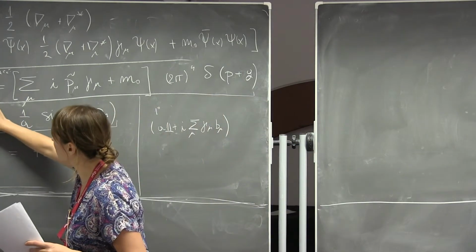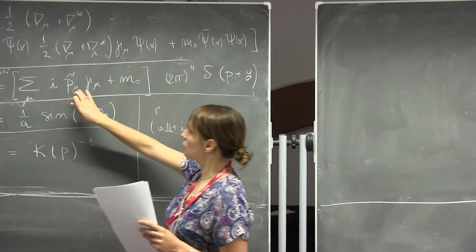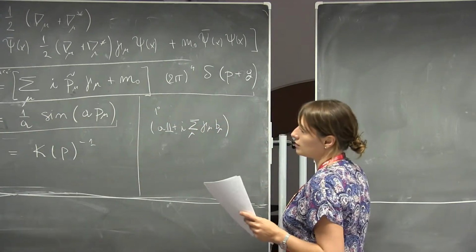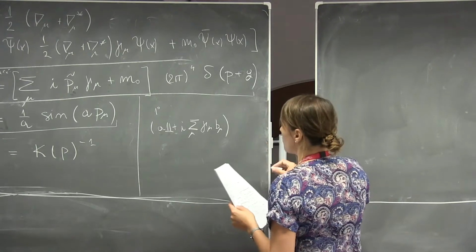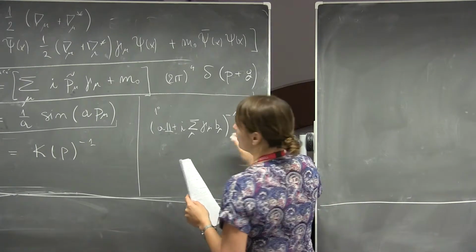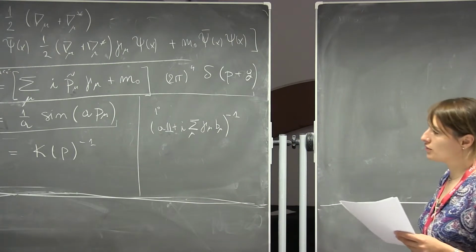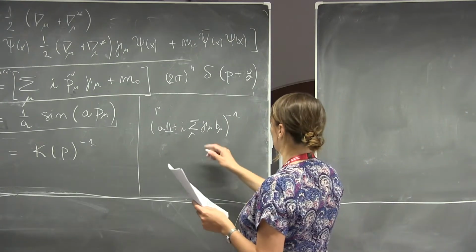There is a tilde missing here. The definition of this pi mu tilde is the following: 1 over a sine of a times pi mu. If we want to invert this expression, which is precisely how we're going to get the inverse of this propagator in the Källén-Lehmann representation,